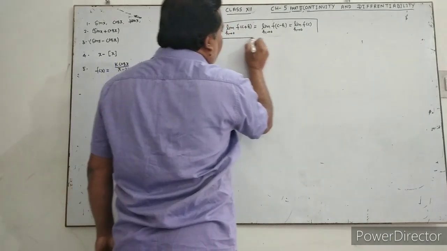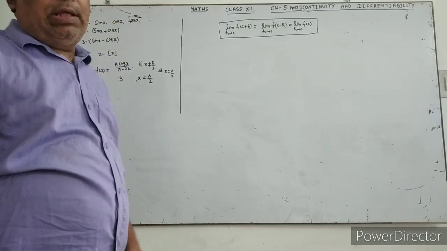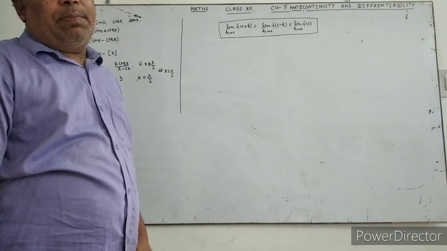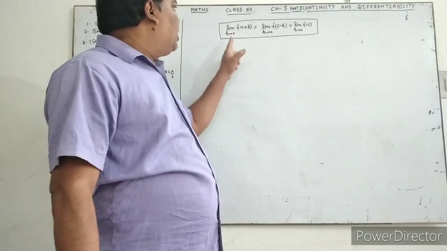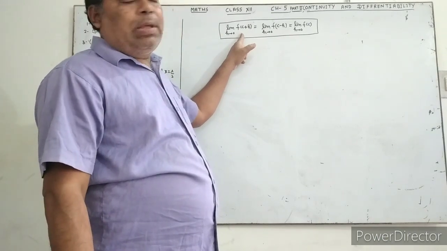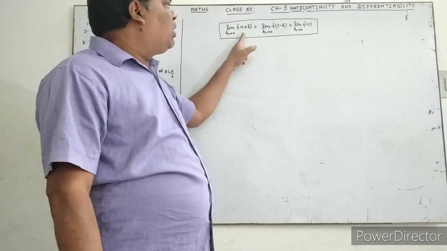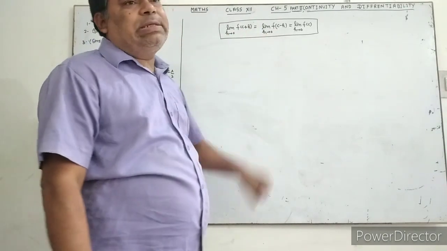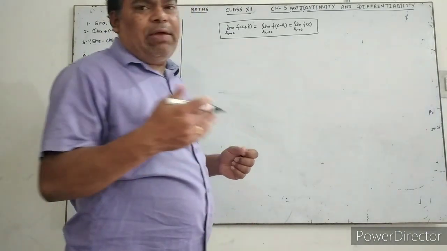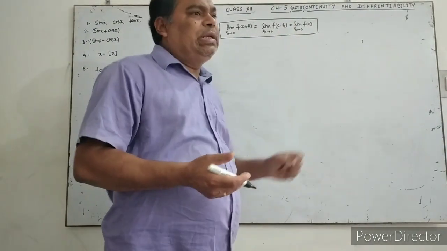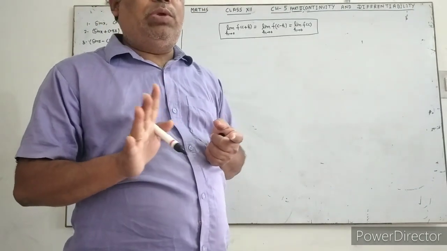If any function f(x) is given at any point c, how can you check whether the function is continuous at that particular point c? What is the rule? The rule is: c is any point and f(x) is any function. Right hand limit equals left hand limit, where c plus h is the right hand limit and c minus h is the left hand limit at the point c. If all are equal, then the function is continuous at the particular point c.